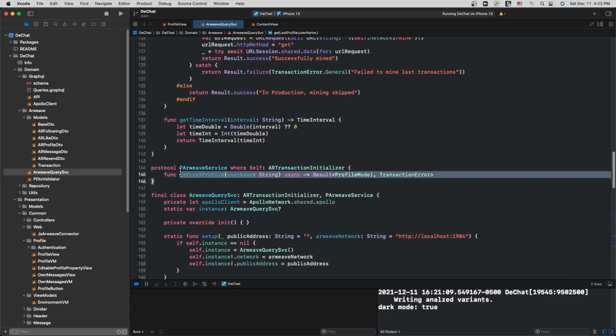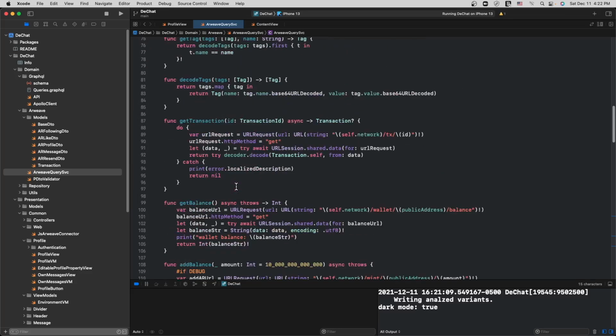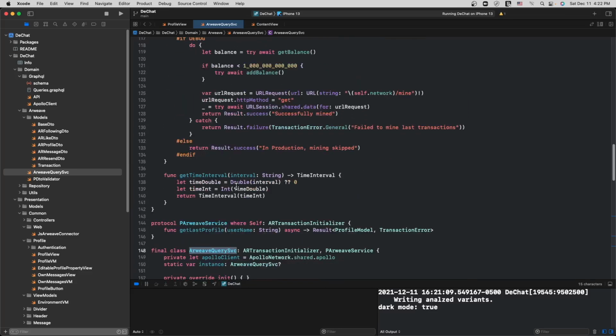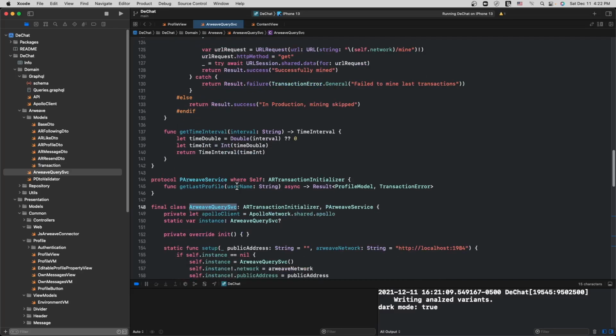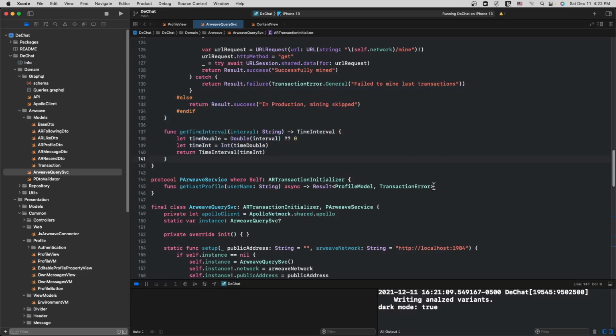And the reason why I'm having these two structures that are later inherited by my main Arweave query service is because there is no such thing as an abstract class inside of Swift. So by doing this, I'm effectively getting an abstract class, a class that has some parts of it as an implementation and then some parts of it as just an interface.